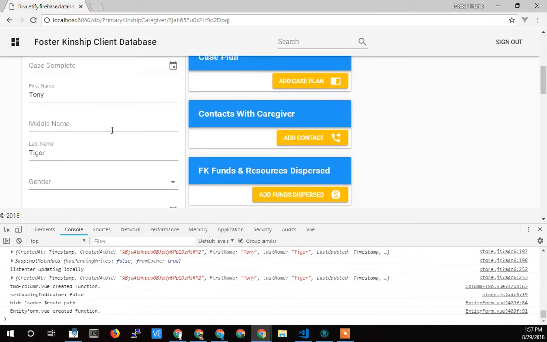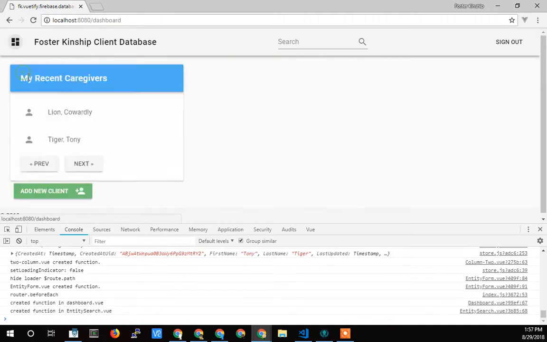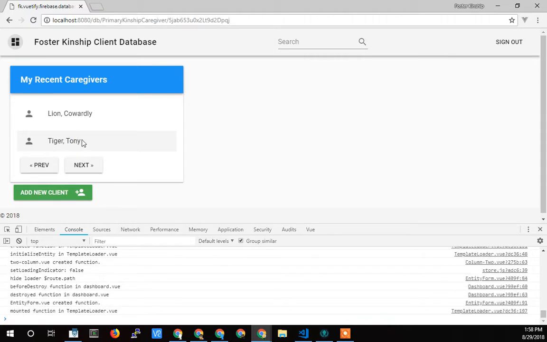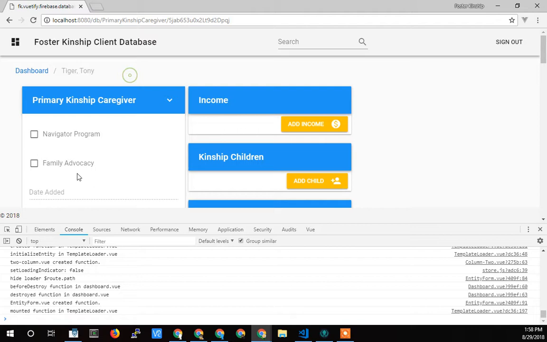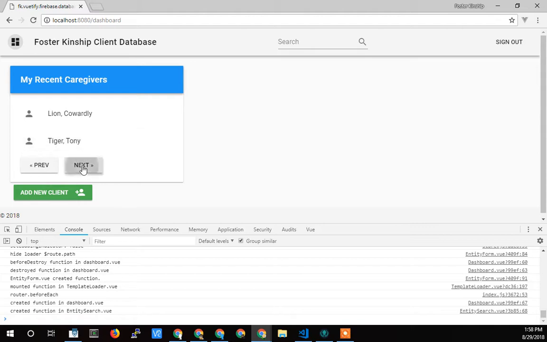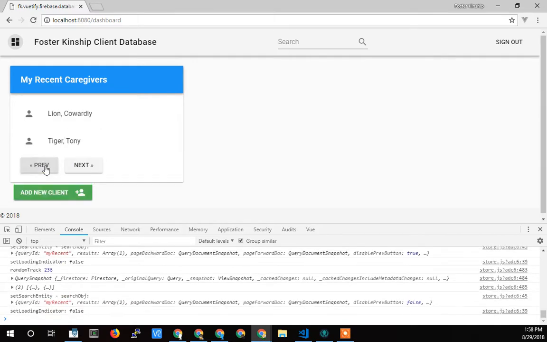This is where you would edit him. And if I go back to the dashboard, I don't clear that listener on the individual entity, that editing screen I was just on, so that it can still receive live updates, and also so that when you go back to it, it doesn't have to reload. It's in cache already. But the weird thing is now when I step through my list here,